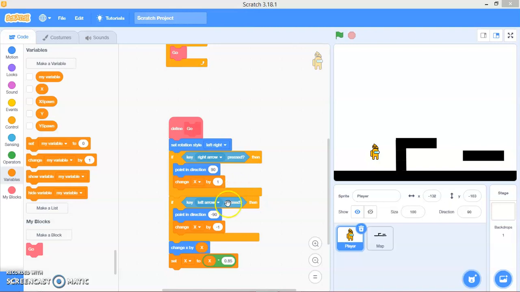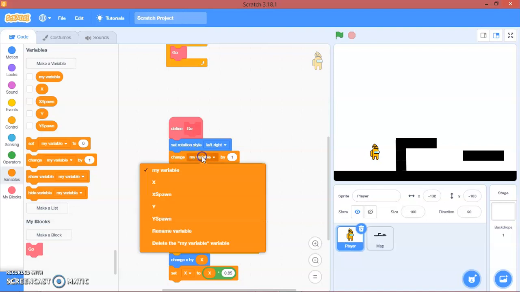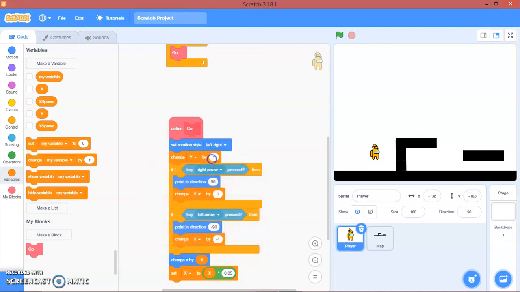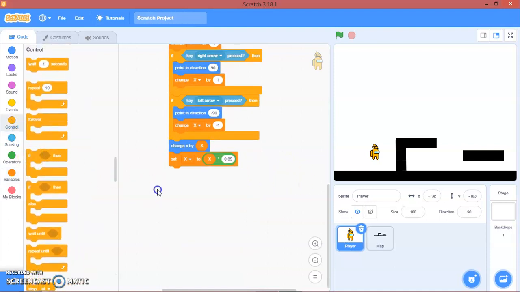In this part, we'll make the gravity for the sprites and the jumping system. Let's make it. First things first, we'll change y by -1 in here. Then control, go if